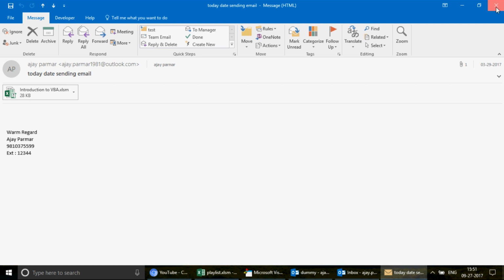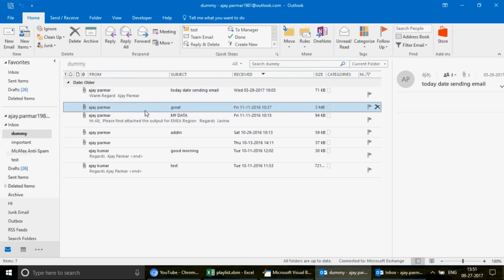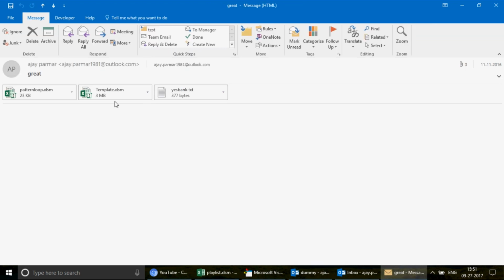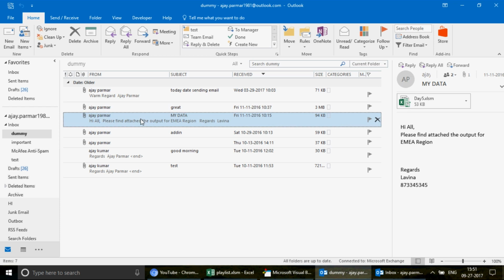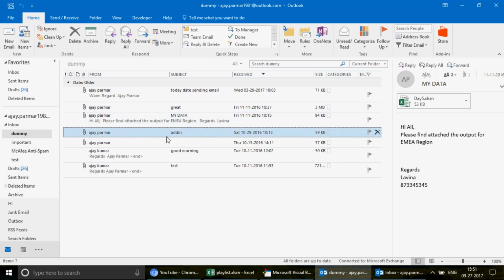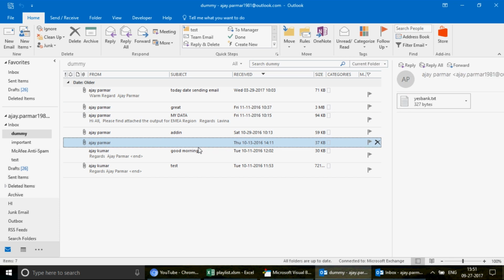Only one attachment, introduction to VBA. Then this one again has an attachment which is going to have three files: one is the txt file and the two are the Excel VBA files. Then we go for another one. This is also having some attachments. You can see it's day 5, and then this has another, and then this also has the text